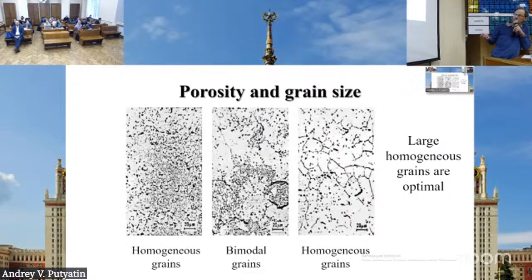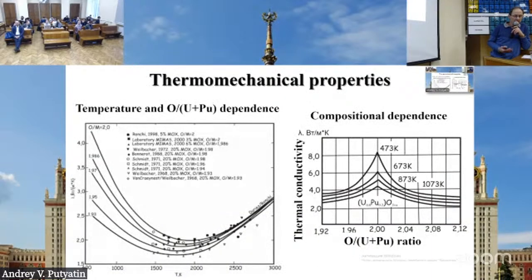And of course, large homogeneous grains with homogeneous porosity are optimal, and basically modern fuel is approaching this state. So, an important thing when we discuss thermomechanics of fuel in operation is to consider the thermal conductivity of the fuel. Recall that there is a huge thermal gradient in temperature between the central part of the fuel pellet and the periphery. And this thermal gradient's influence is aggravated by the very poor thermal conductivity of uranium